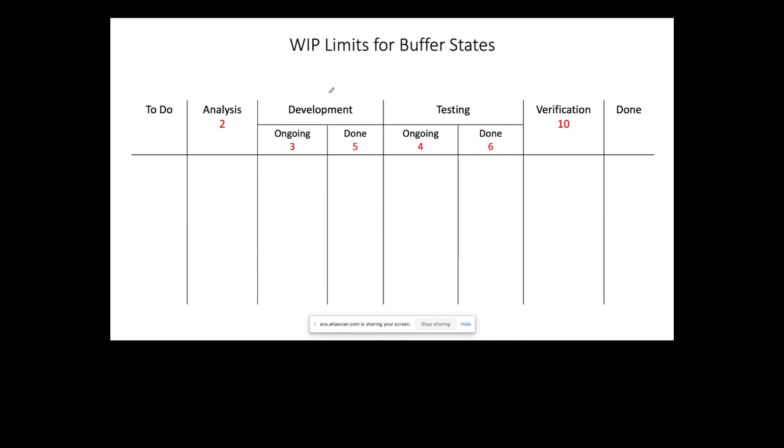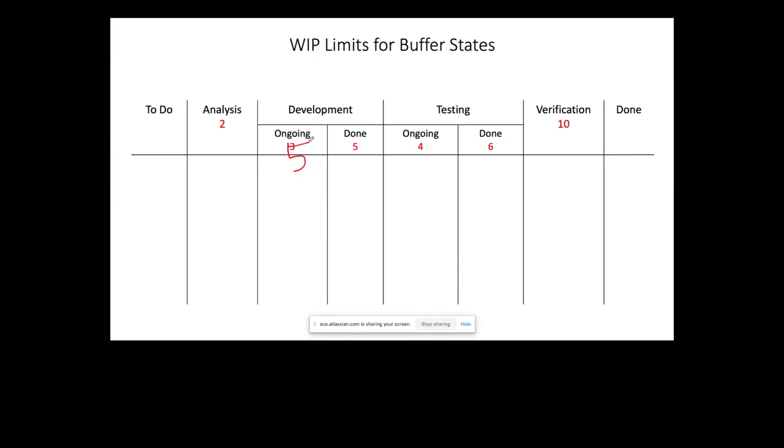So we have 3 developers, and the developers are saying we can handle 2 tickets at a time. But based on capacity and complexity of work, one developer will say, okay, I can't actually handle two tickets at a time. So I think I go with 5. And again, like I said earlier, your WIP limits are not set in stone, right? So you might start with 5, for example.